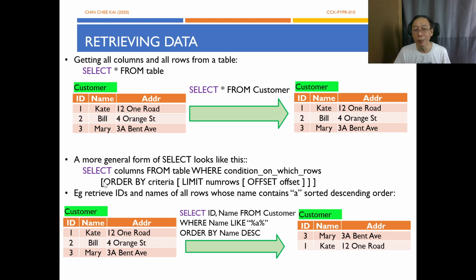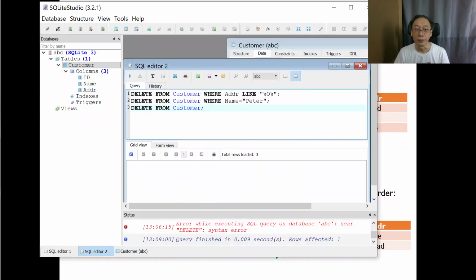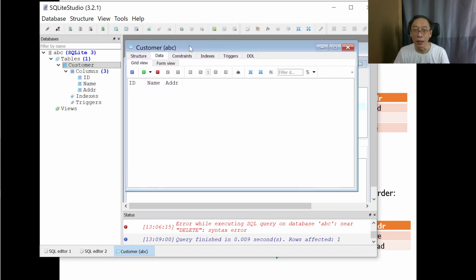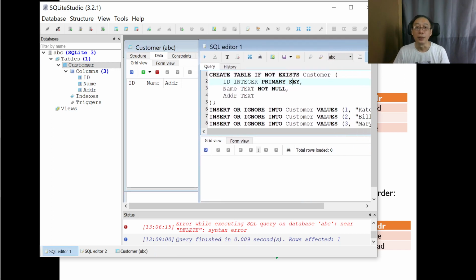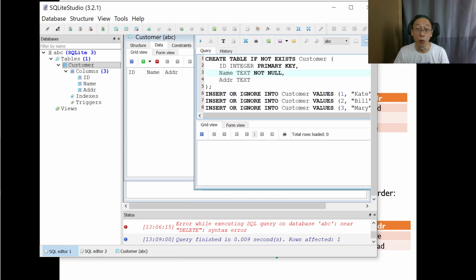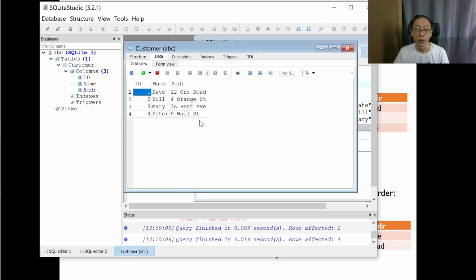All right, so pretty powerful modifications are allowed in this setup, in this select statement. So let's have a try in our database. Now we earlier on deleted everything from the customer table. So we need to get back our customer table. Where's our table builder? All right, over here. So we're going to build 4 rows with the Peter as well. And let's have a refresh. Great. Now we have that. And we are ready to